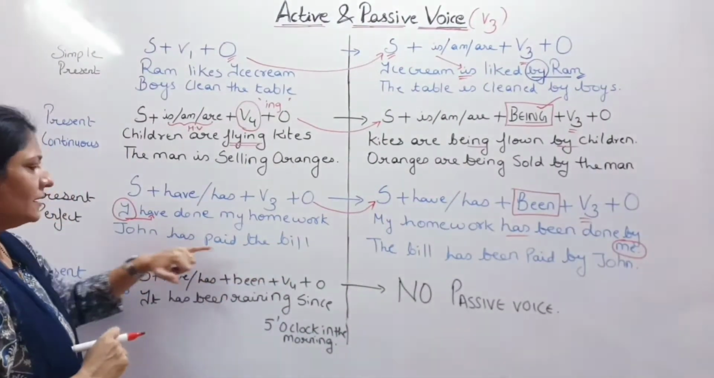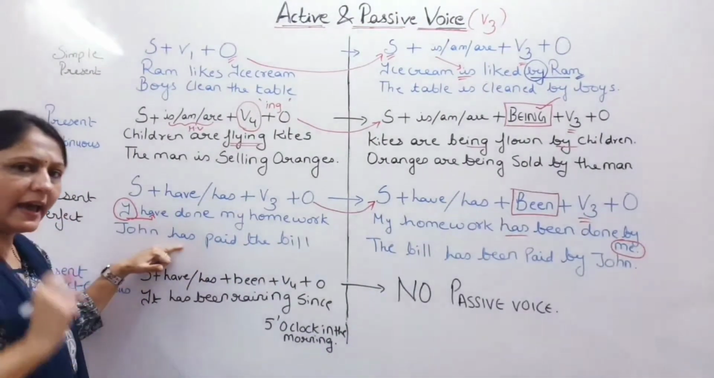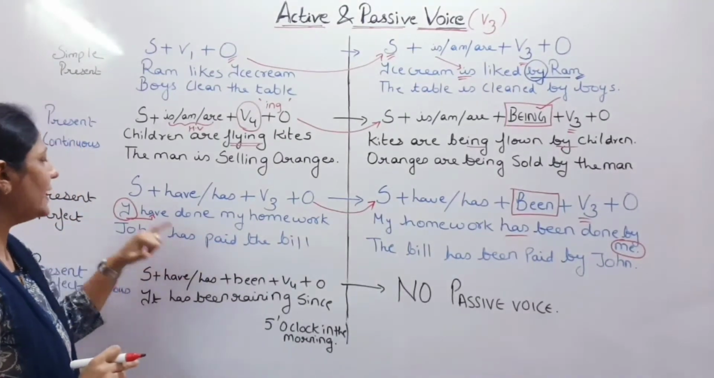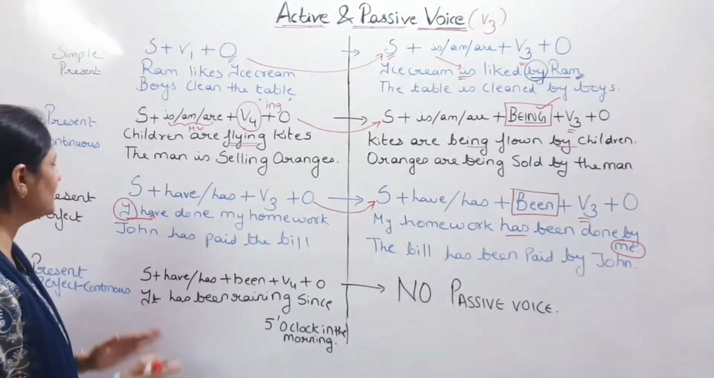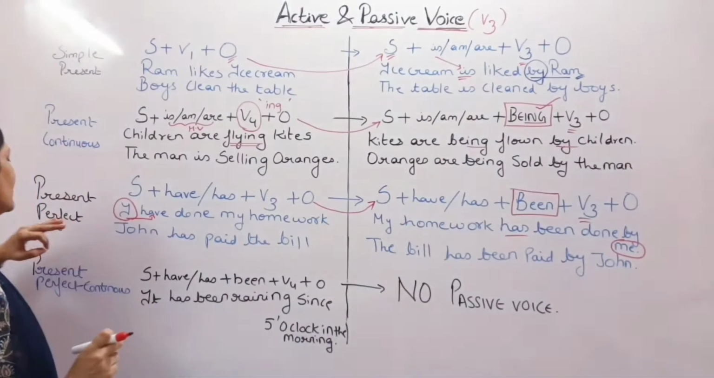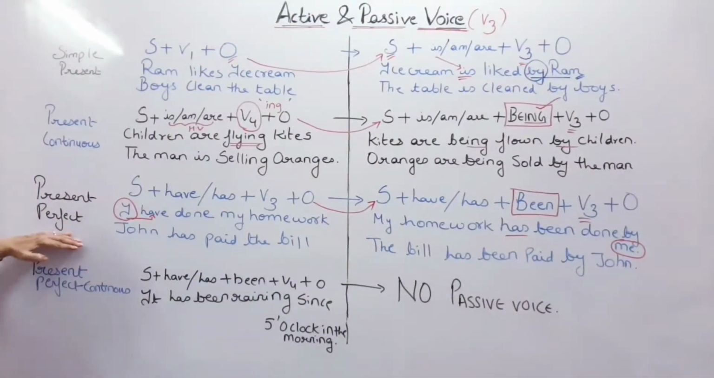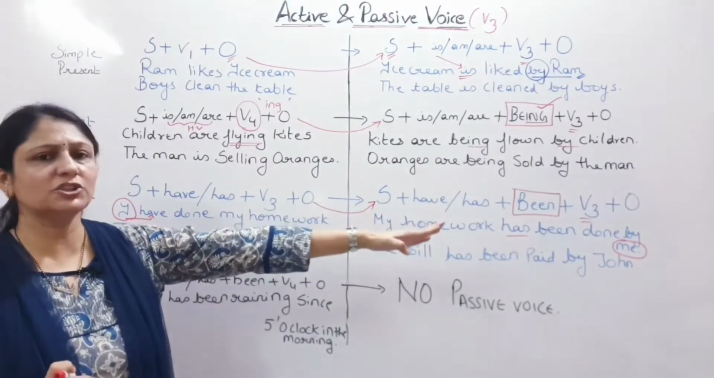The bill, since it is singular, has ही रहेगा. The bill has been paid by John. कुछ भी सोचना नहीं पड़ता है. You just have to remember that in all the perfect tenses, the passive voice takes the additional word been with